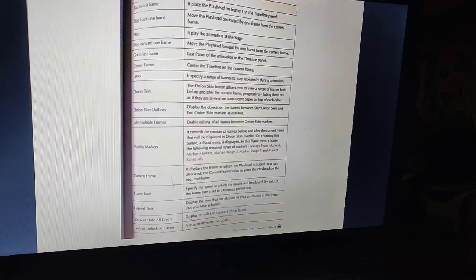Then there is the elapsed time, which displays the time that has elapsed in your animation at the frame that you have selected, the time taken so far.